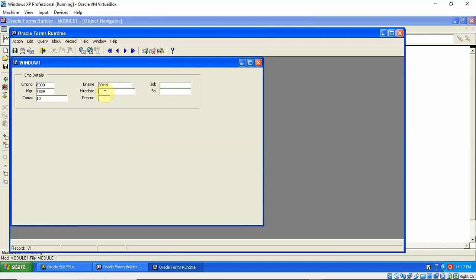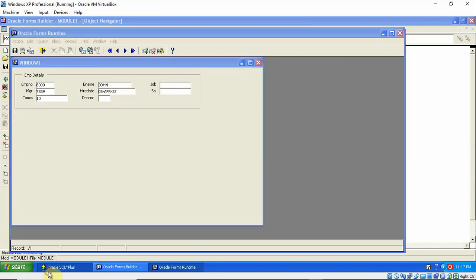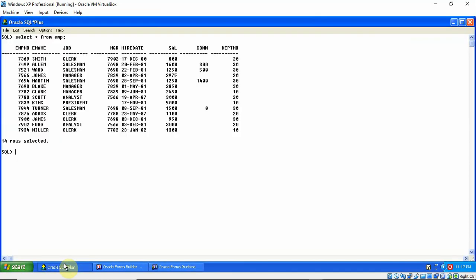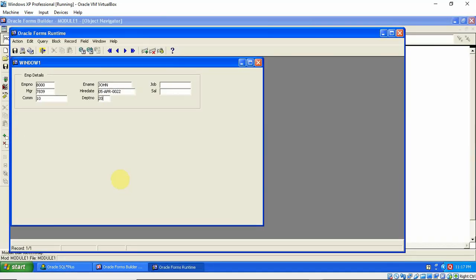Today is fifth of April, 22. Okay, and next is department number. I can say 20. Yes, I can say 20. And job, what is the job? Software developer. I just write here software,